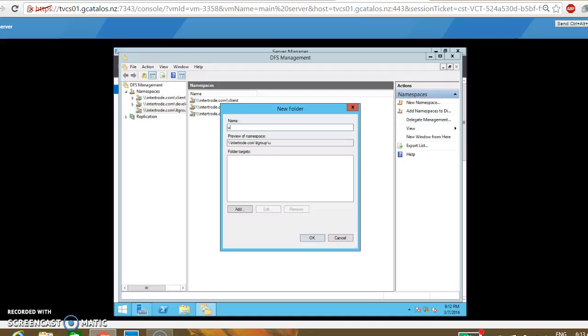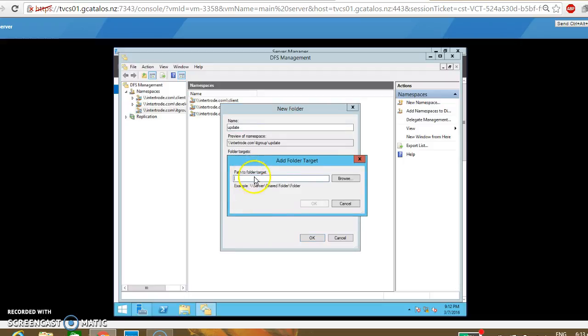I'm giving update as a new folder name. So I want to add roles, add a path to the target. Here I want to add the path as // and here we have to give the second server name. My second server name is DFS server, and